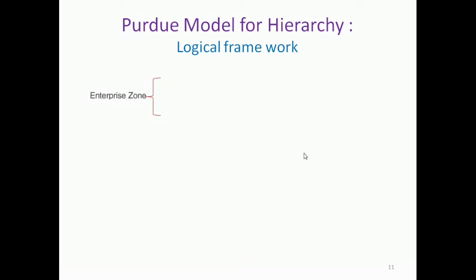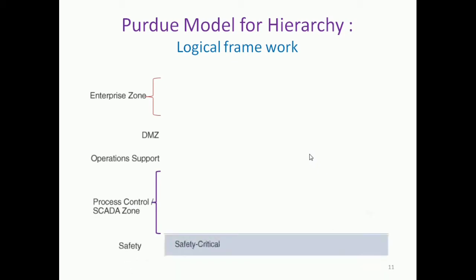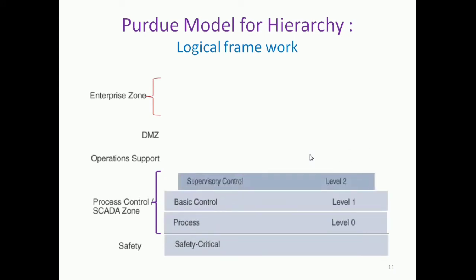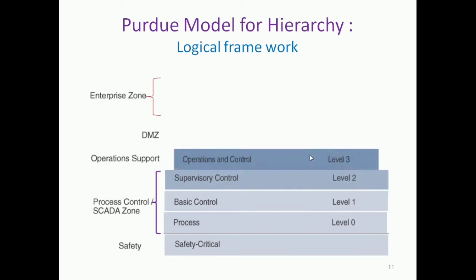So the Purdue model for hierarchy, as you can see, shows the logical relation. That is the enterprise zone, the demilitarized zone, the operation zone, and we have process control. These will be placed one by one. The safety critical part will be looked after at process level 0, business control level 1, supervisory control level 2,